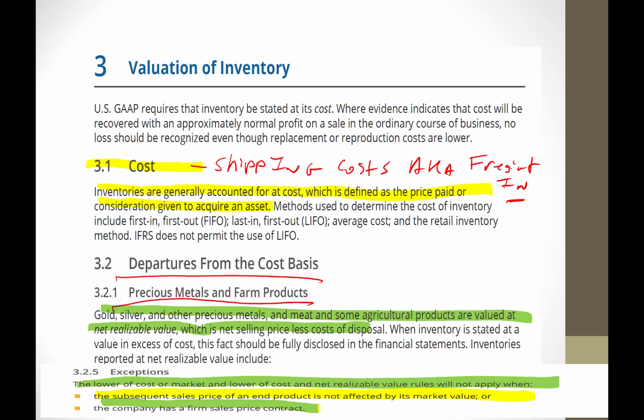What's the other side of the write up to net realizable value? Is it a gain or a revenue? Obviously you're going to debit the inventory. FASB doesn't get all up in our face in terms of exactly how we call that out on the financial reports. I would think you could call it a gain, because it's kind of going to be seen as non-operating. So you'd probably write it up by debiting it.